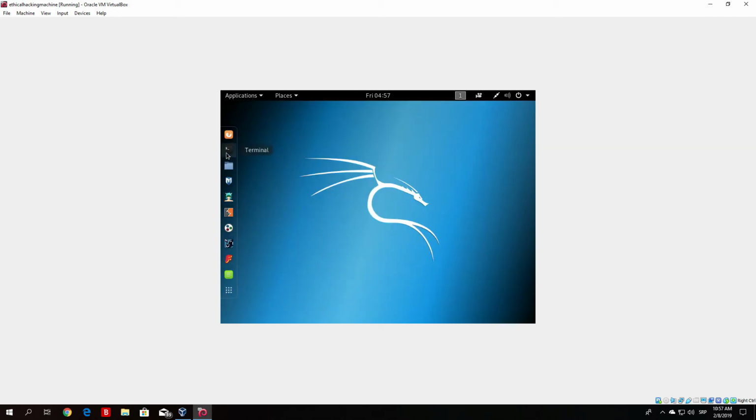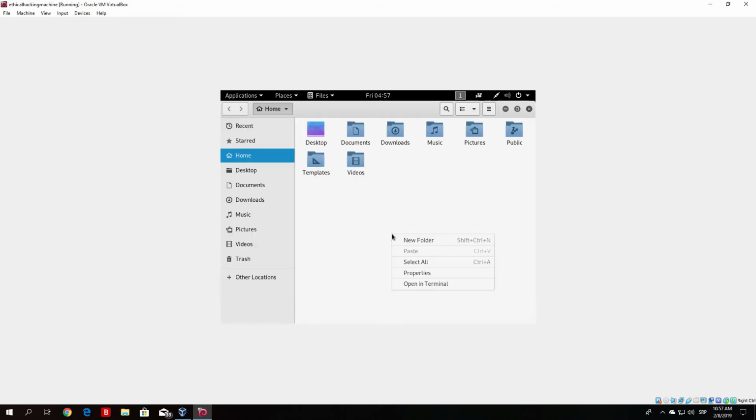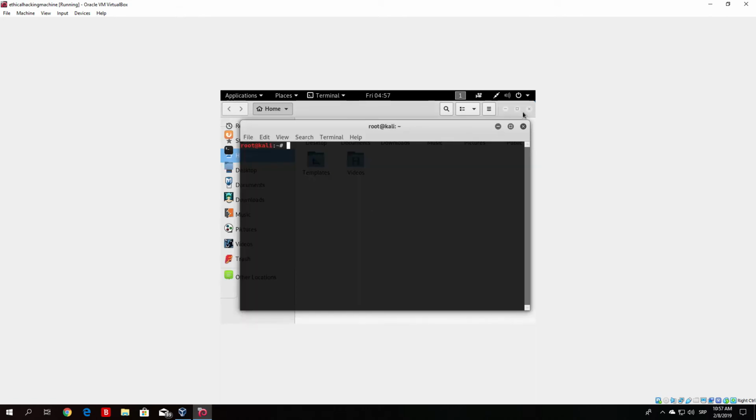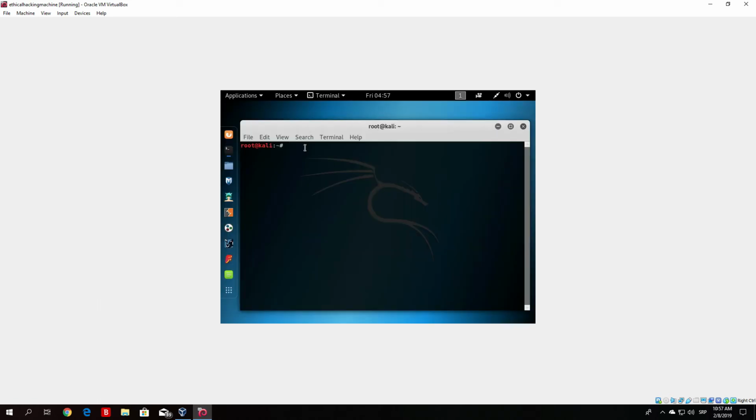Well, for some reason there isn't. So you can just go to the files, for example, and right click on basically anywhere, and open in terminal. And it will open up the terminal. So now we want to run this command, which is apt install. One second, it's not typing for me for some reason. Oh, here we go. So apt install linux-headers